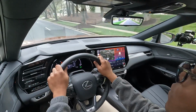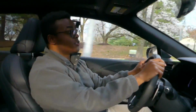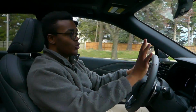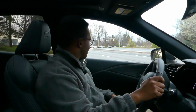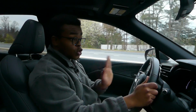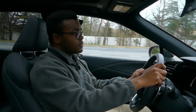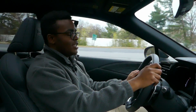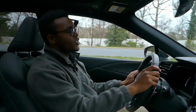I have it in normal mode right now, but if you put it in sport mode, it does get a little bit firmer, but not by much. We'll get into sport mode a little. We do have a bit of an opening. As you can see, it has front cross traffic, but this is normal acceleration. It's so quiet. That's 60, and it's so quiet. It gets up to speed